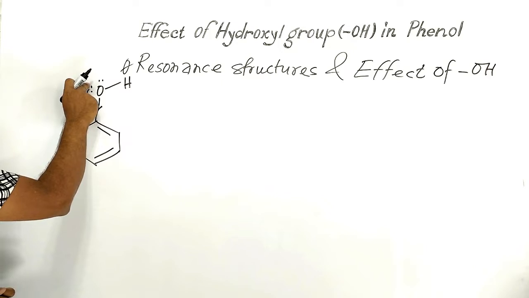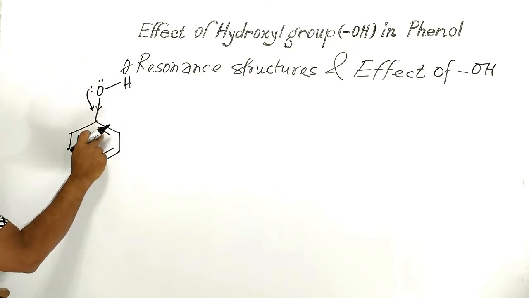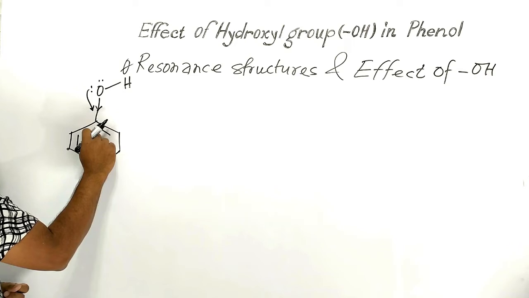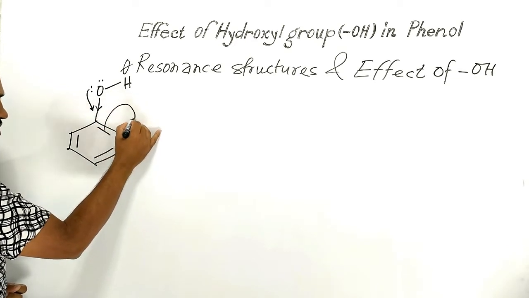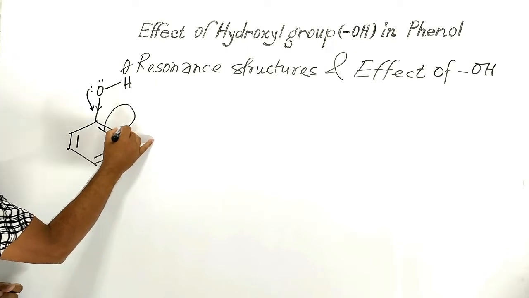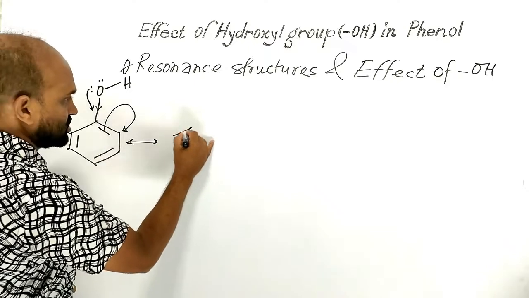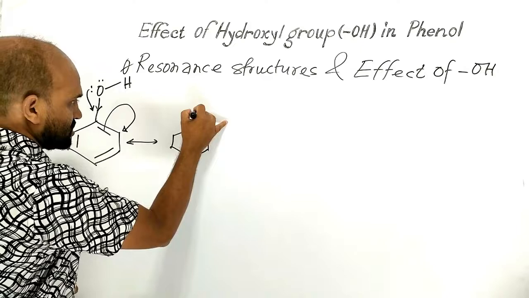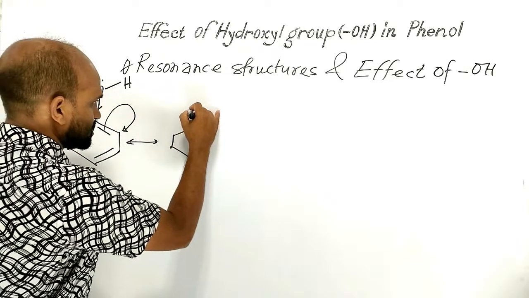When these electrons come here, then electron-electron repulsion occurs. So to diminish this electron-electron repulsion, these pi bonding electrons turn into lone pair electrons here, and as a result we get this compound. Here single bond turns into double bond,